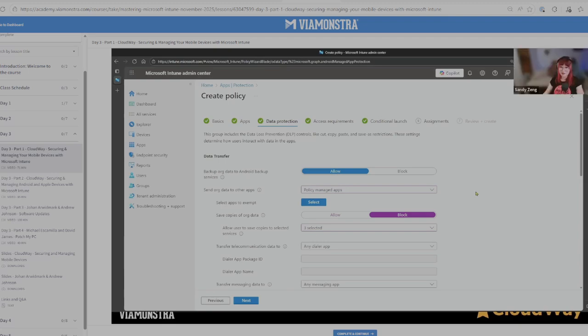So the MAM has nothing to do with MDM itself, just at the application level. So Oliver Blot, you asked about this whitelisting. So one scenario, this one in here, select app to accept. Sometimes, for example, you have one application that